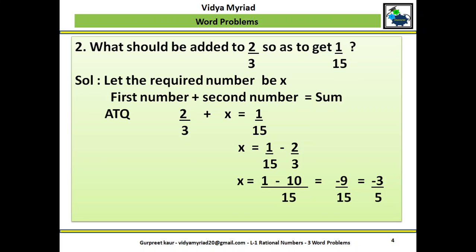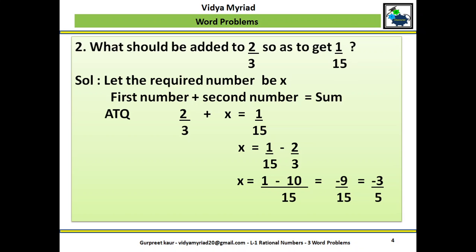Now again here I have to find the value of x. So that means I need to take 2 upon 3 to the other side. And since there it is plus, no sign means plus, when I change its place, it will become minus. Take the LCM and solve it. You get minus 9 upon 15, which is easily divisible by 3. So you get minus 3 upon 5. See children, whenever you get terms which are easily divisible or you can convert them to the lowest term, always write it in the lowest term.